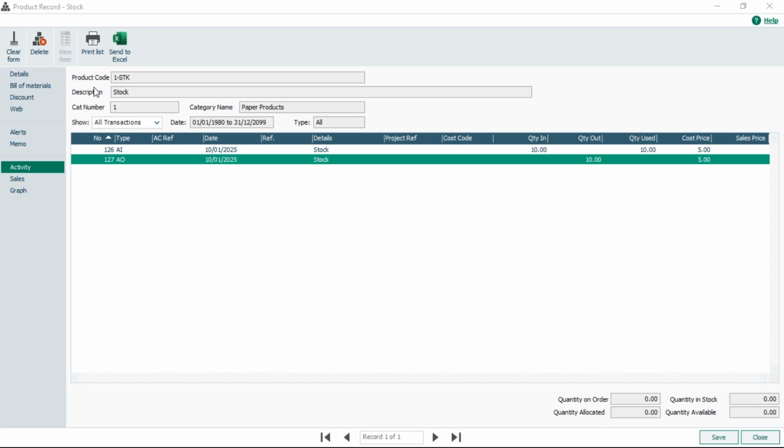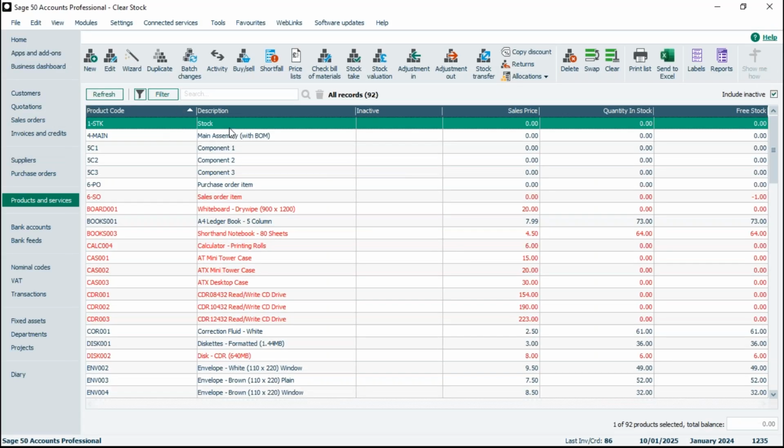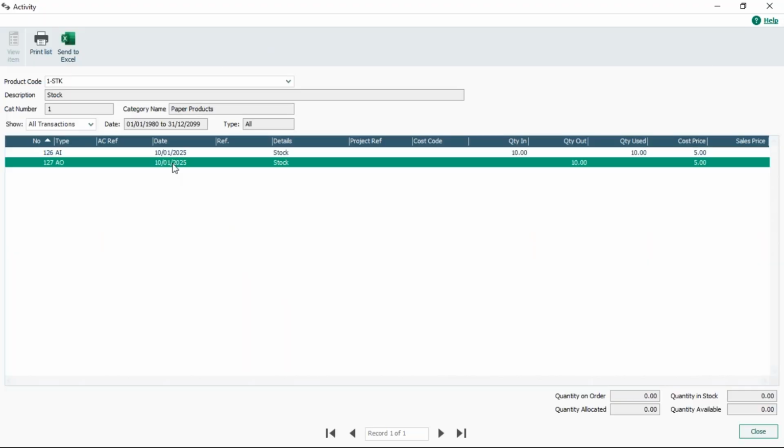So I'll just concentrate on this record for the time being. So if I just close that. So we know we've got 2 transactions. Now, if I have a quick look at the activity, you can see they're both dated with today's date. Now, I want rid of those transactions so that I can then delete this product record and no longer need